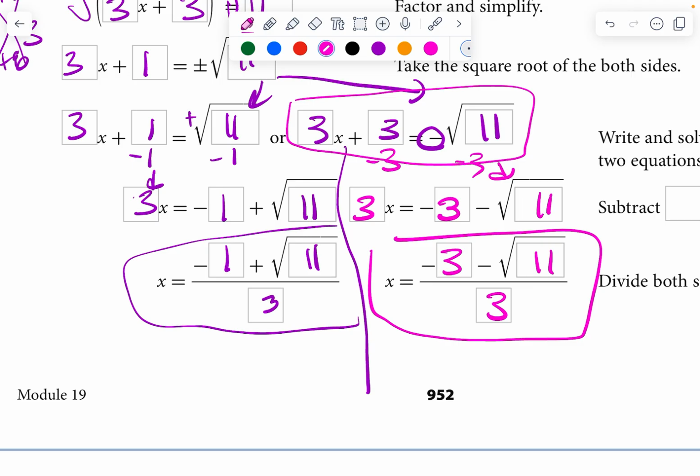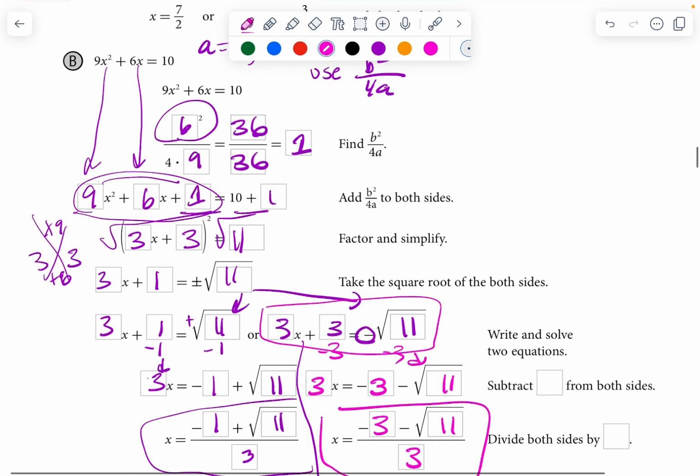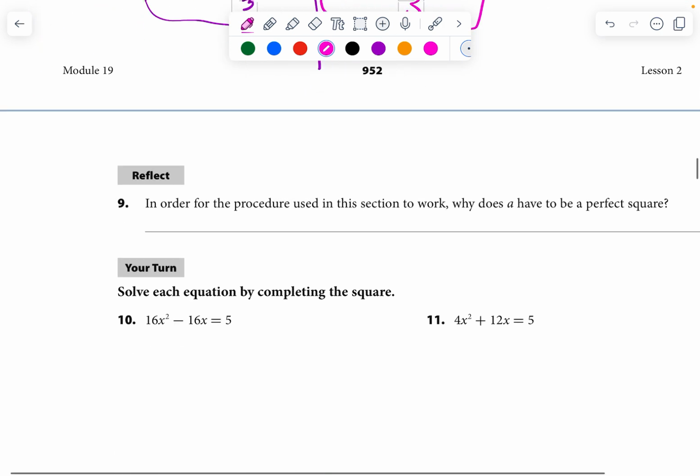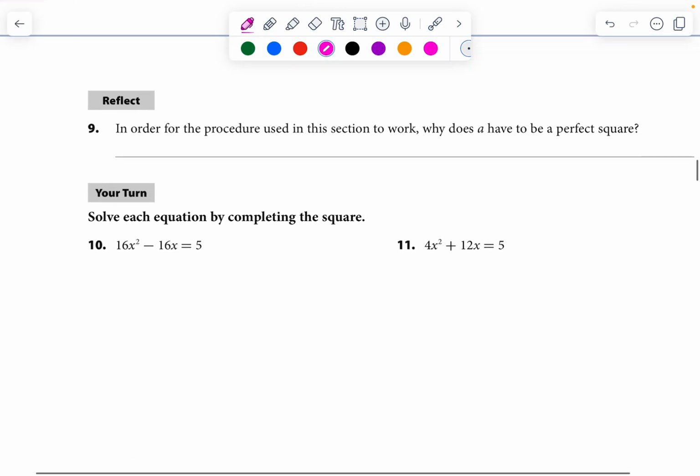Okay, now let's look at 9. How come the formula changed? How come we're using b squared over 4a? So it says, in order for the procedure used in this section to work, why does a have to be a perfect square? Okay, if a binomial is squared,